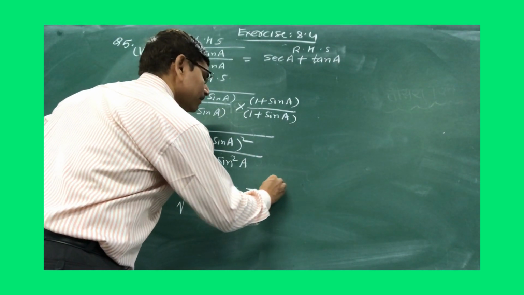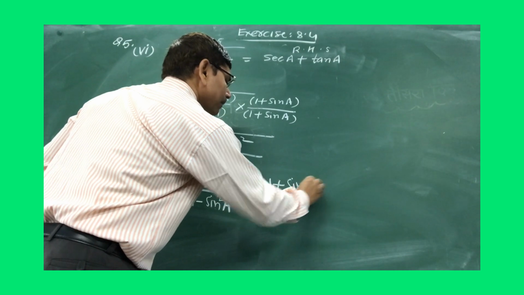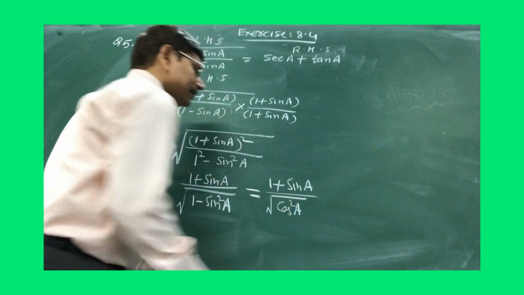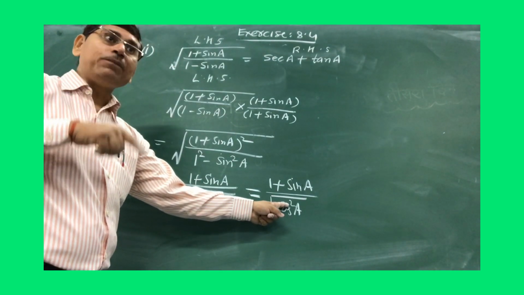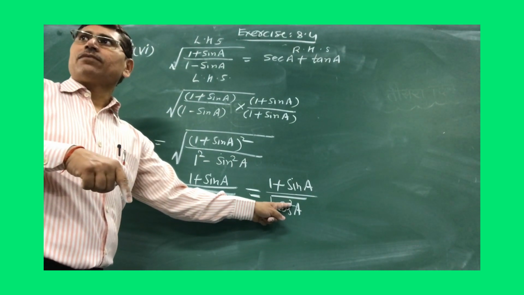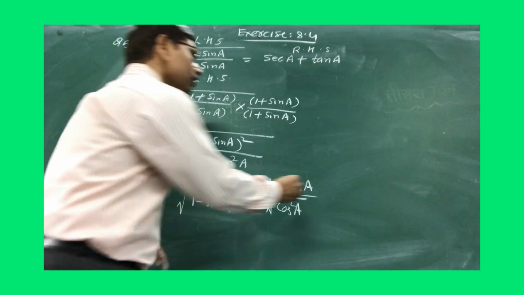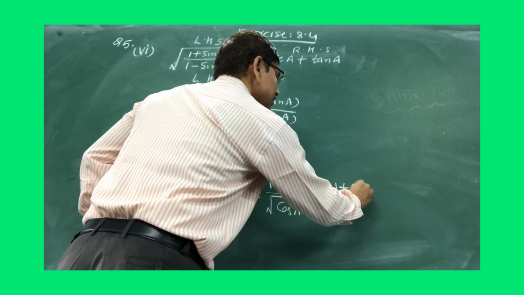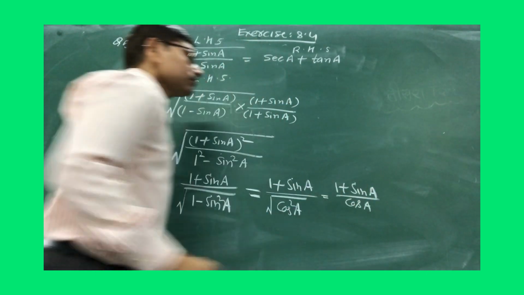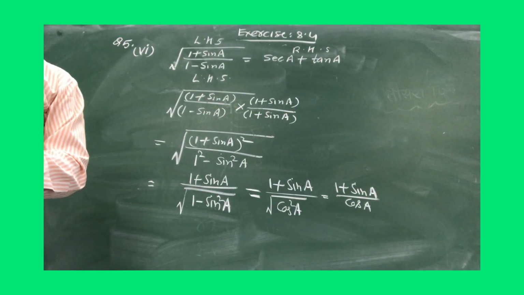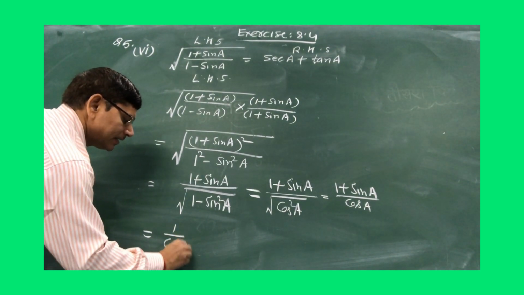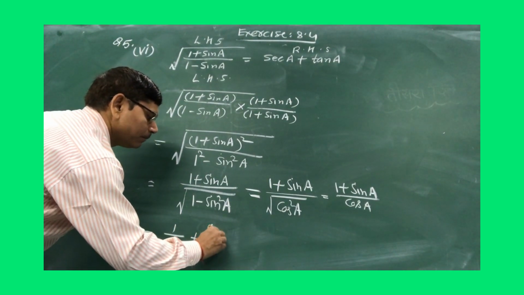So you can write (1 plus sin A) upon under root cos square A, and this is again just in the form of a square. So once again this root is cancelled out in this step. अब इसे यहाँ पे कैंसिल करना है, तो ये आपका हो जाएगा (1 plus sin A) upon only cos A. Now you separate it. जब आप सेपरेट करोगे तो होगा 1 upon cos A and plus sin A upon cos A.